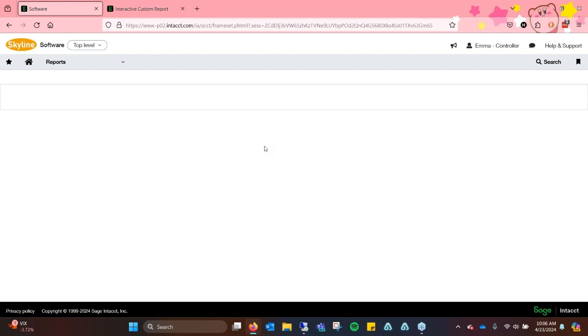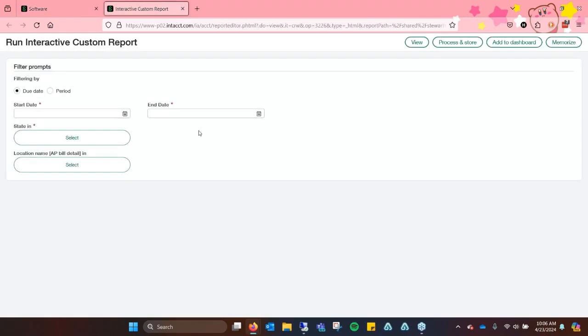As it loads, I actually already opened up the prompts for the AP bills. So what I did was when I built this, we had it filter. So you can make some of these different items required. So you can do it filtered by due dates or periods. So that way you can actually have your